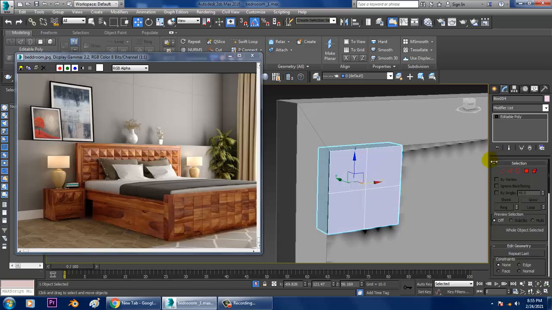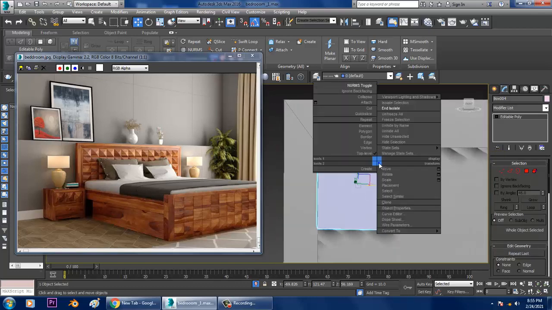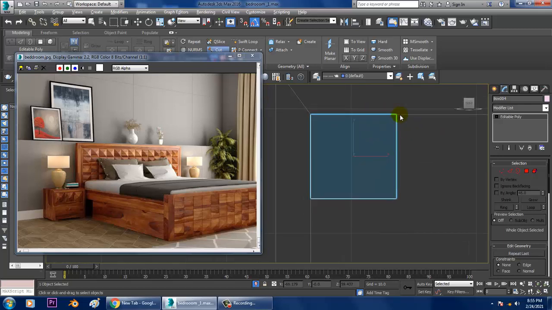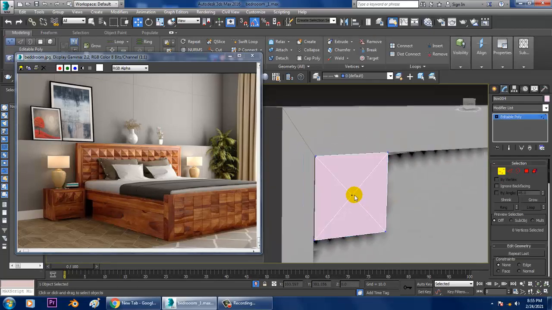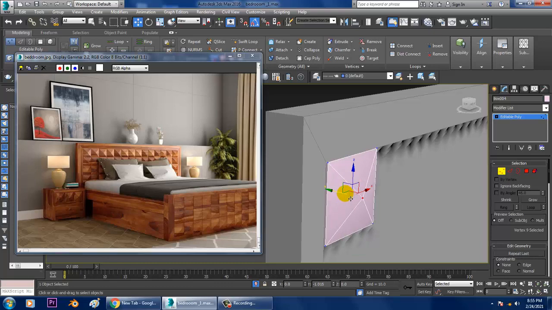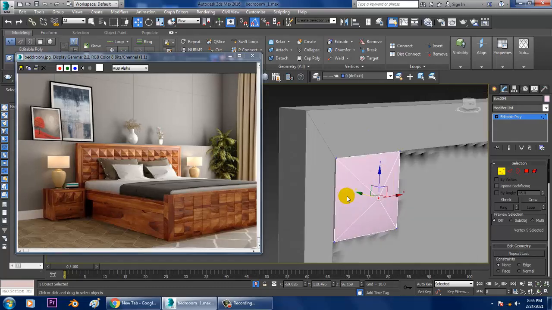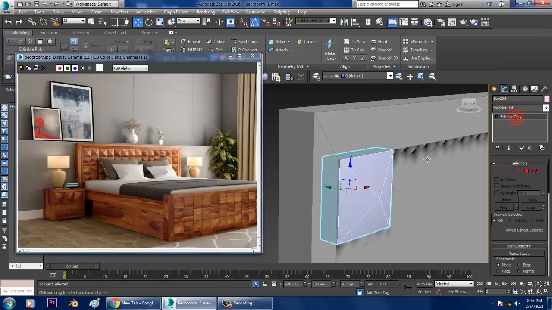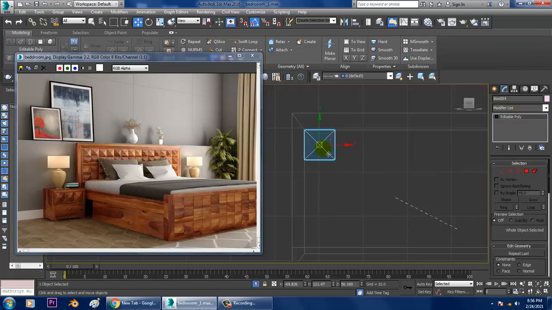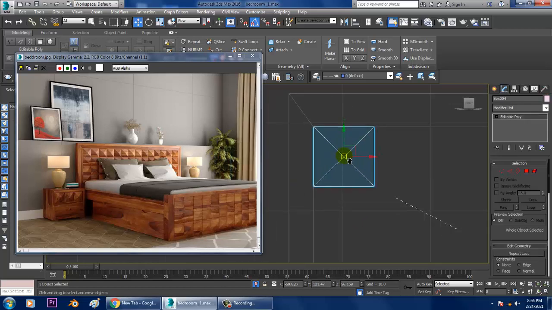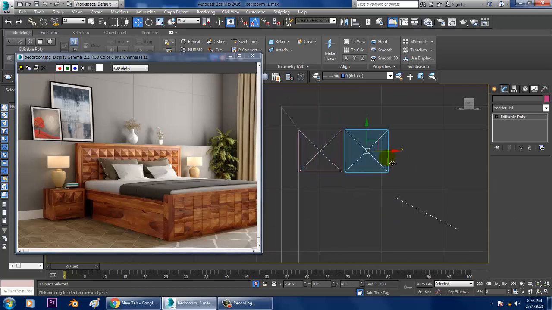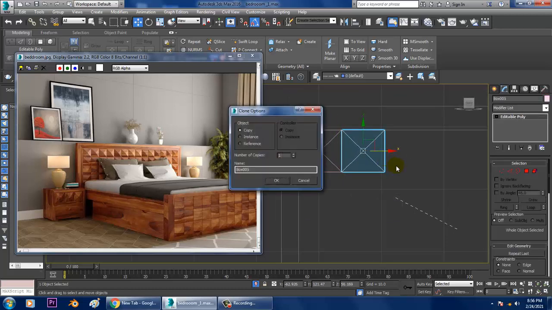Or else I can use the cut option. So cut, we can just connect it in this way. Cut, we can just connect it in this way. Just save your file, go into the vertices, and now you can slightly push this out. So you can just duplicate this. We can snap it, definitely.